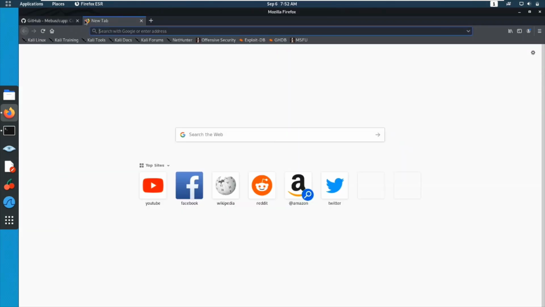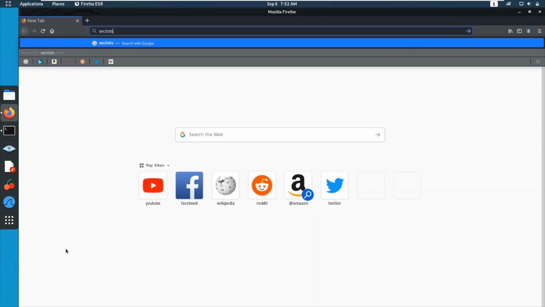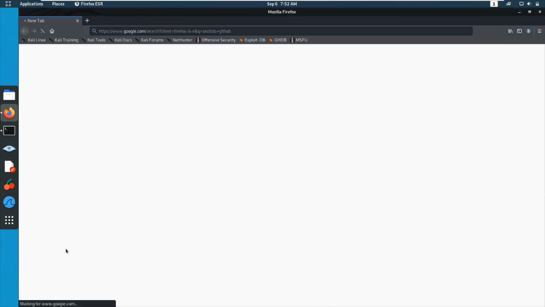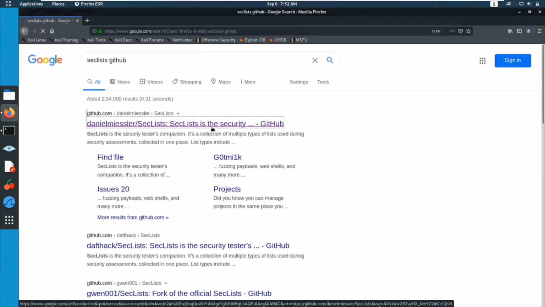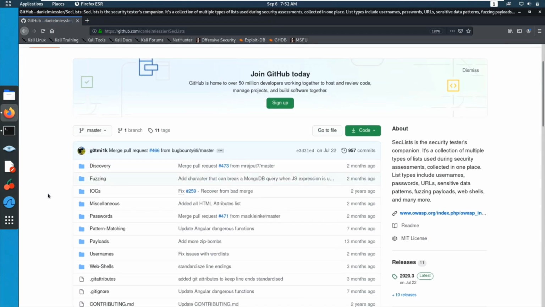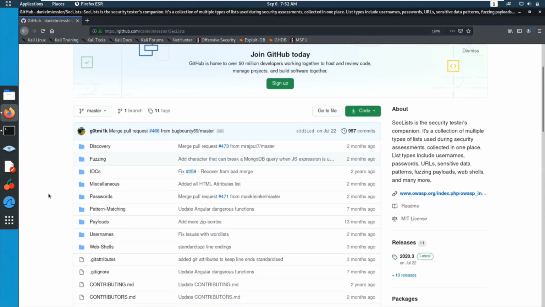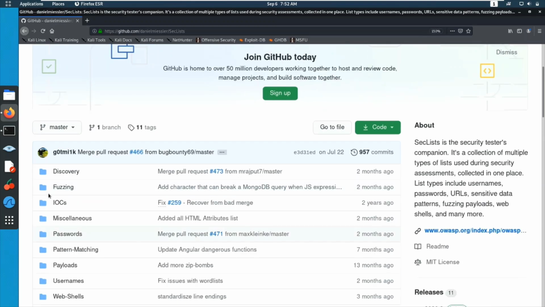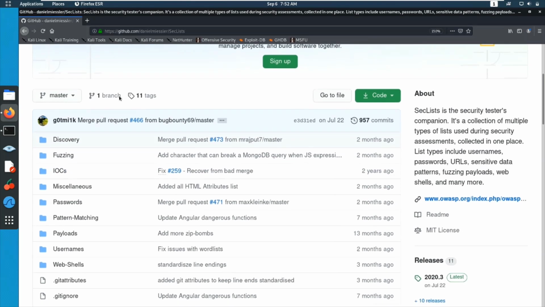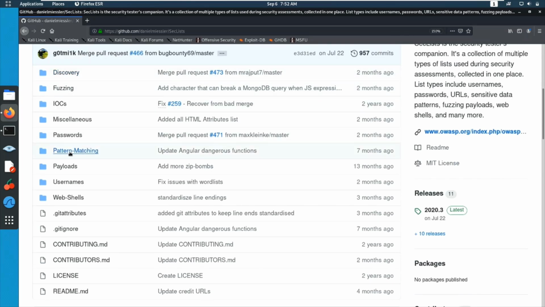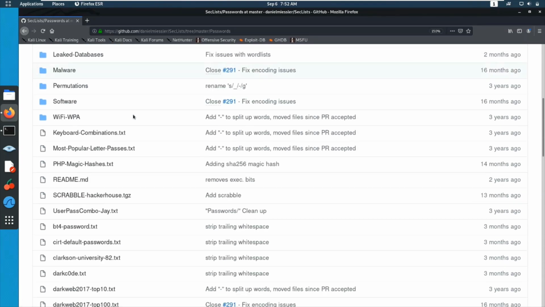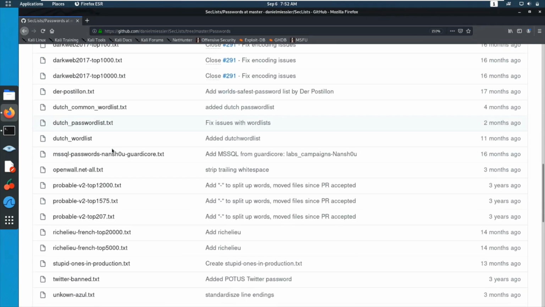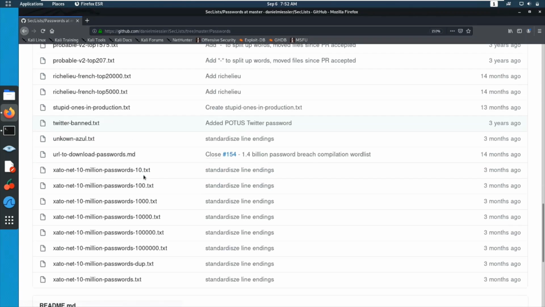And one more cool thing is SecLists. You don't need to do anything, simply type SecLists GitHub. SecLists is one of the best GitHub repositories, which consists of all the possible word lists, not only for passwords but even for directory brute forcing or username brute forcing, anything. So you can definitely use this repository for good purposes. You can see Discovery, you can see Passwords. If you click on Passwords, you can see much more over here. You can see a lot of dark web passwords, and you can definitely try this out as well.